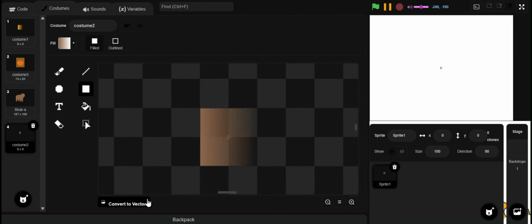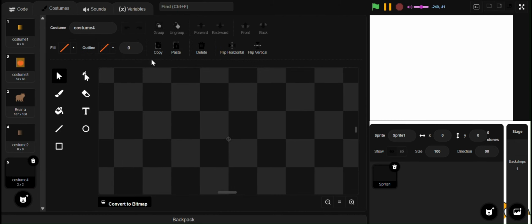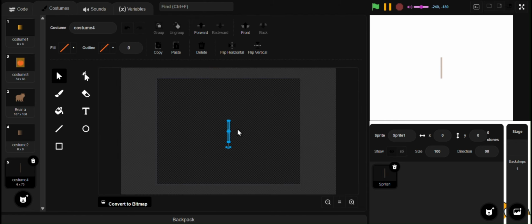And then convert to bitmap. This will turn to shades of transparent rectangles. As you can see, this part is transparent, and this is fully transparent here. So now go to the selection tool and select whatever shade you want, and copy, paint a new costume, paste it, and yeah, now you have a cool half transparent